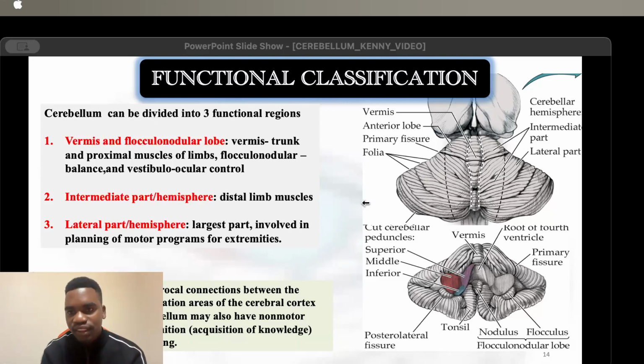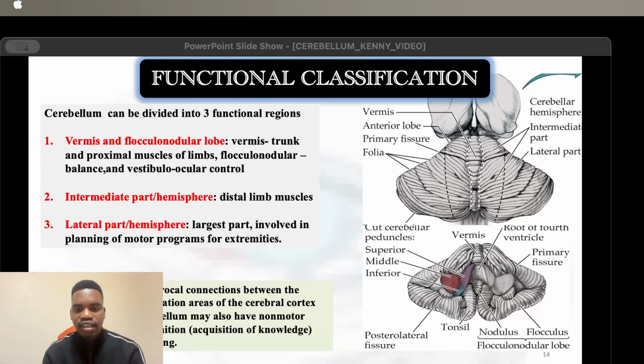And lastly, we have the more lateral part on the other side of the cerebellum. It is also known as the lateral part or the lateral hemispheres. And out of all these functional classifications, the lateral part is the biggest compared to the rest of the parts. So this lateral part is involved in planning of the motor programs for the